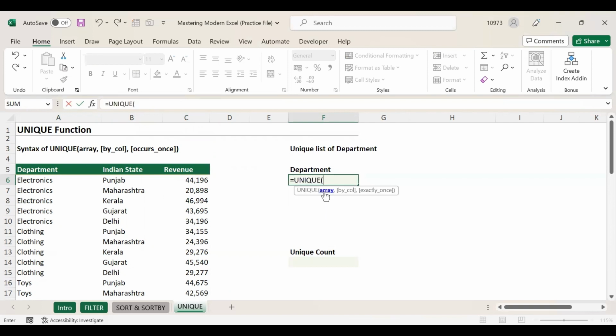UNIQUE, and in the place of array we need to select the department column, because from this column only we need to figure out the unique values. That is why we need to select this department column. So this will be our array, and press comma,